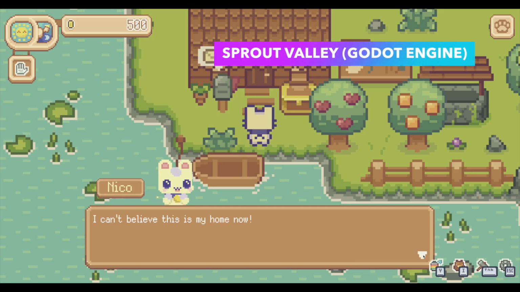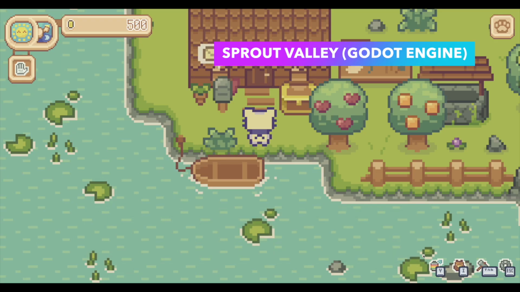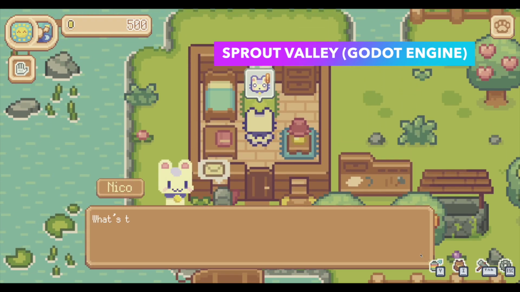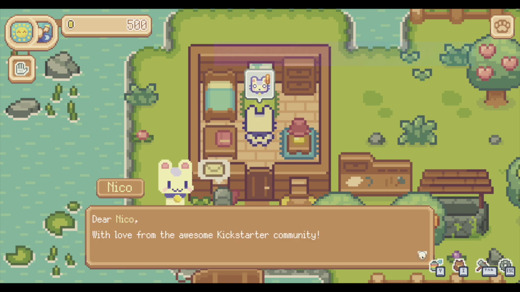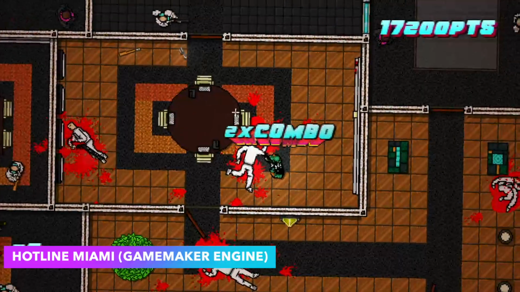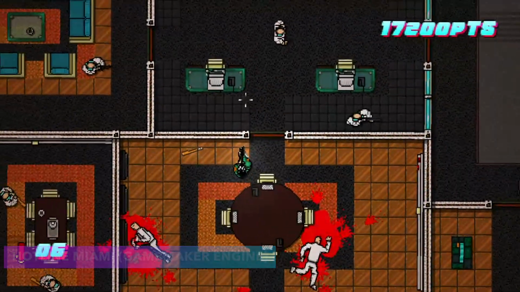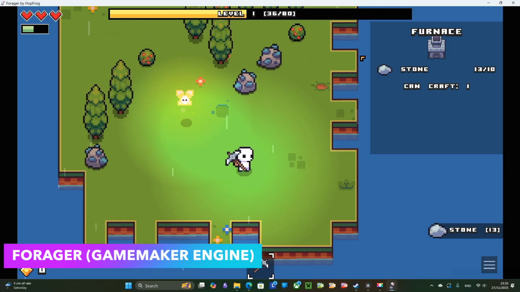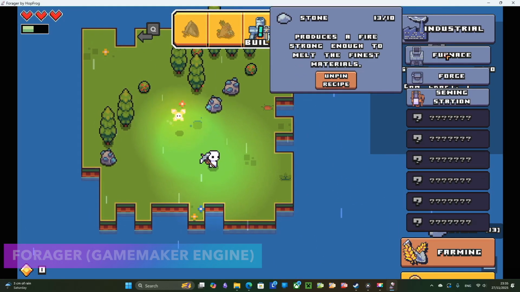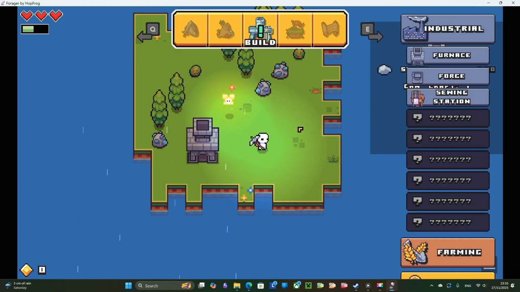Nevertheless, while Godot is definitely more accessible than Unity, it can still feel a bit overwhelming when you're creating your first games. Lastly, GameMaker is a 2D-focused game engine that provides arguably the best balance between simplicity and power. But it's not only for beginners. Some incredibly successful games were built using GameMaker.